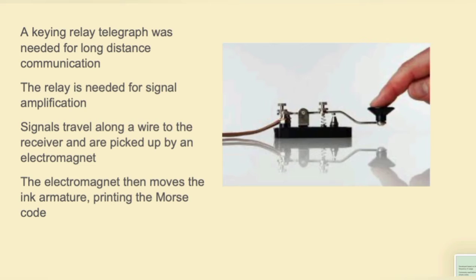For long distance communication, a keying relay telegraph was used, which allows a user to key information by interrupting the battery supplied electrical current by pressing keys, which create short and long pulses of electricity as we saw earlier. A telegraphic relay then amplifies these pulses such that they would be transmitted over long distances without being attenuated significantly in the wire. Miles away, these amplified electrical pulses would then arrive almost instantaneously and be detected by an electromagnet, which would then emboss a string of dots and dashes corresponding to the length of each electrical pulse on a strip of moving paper, which form the Morse code.